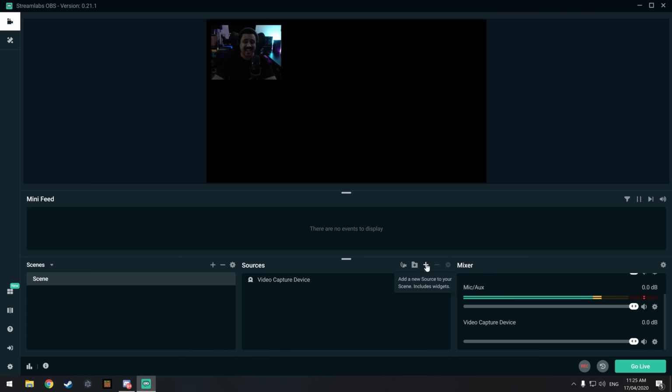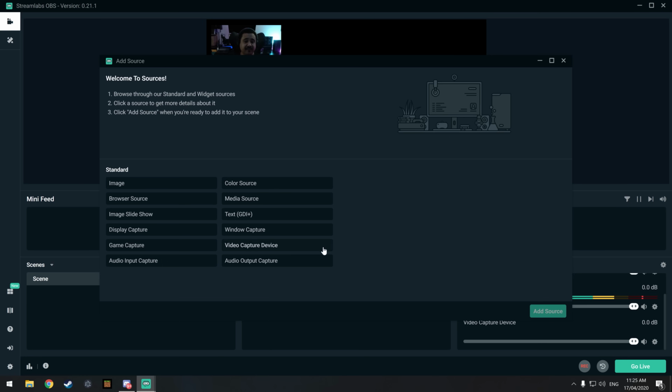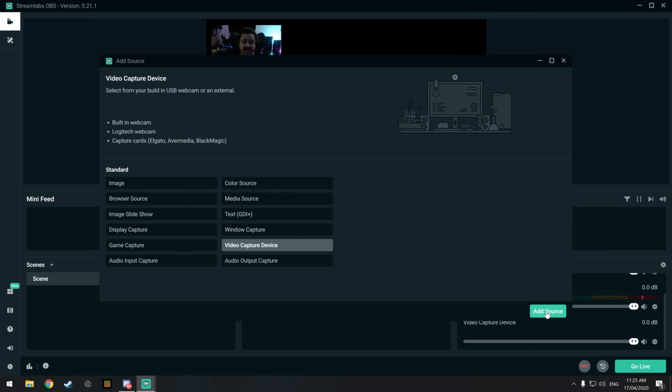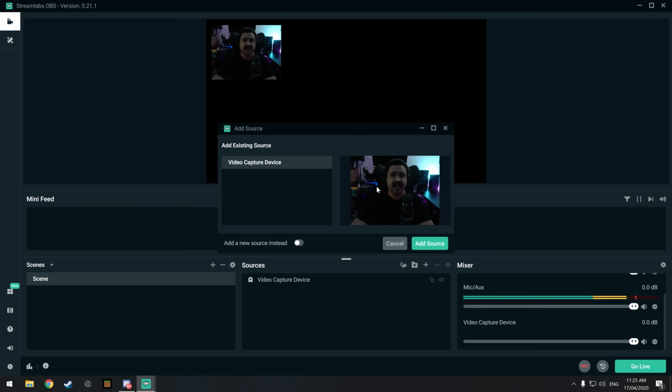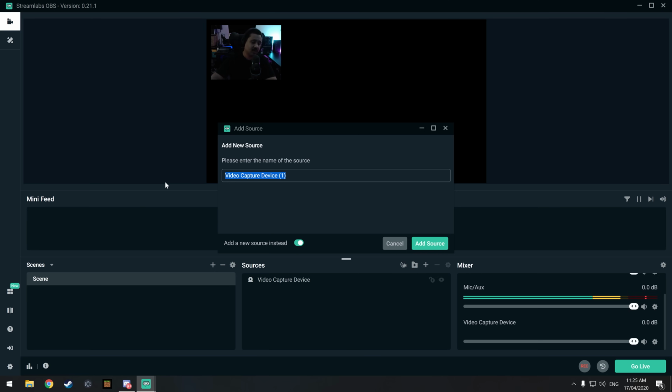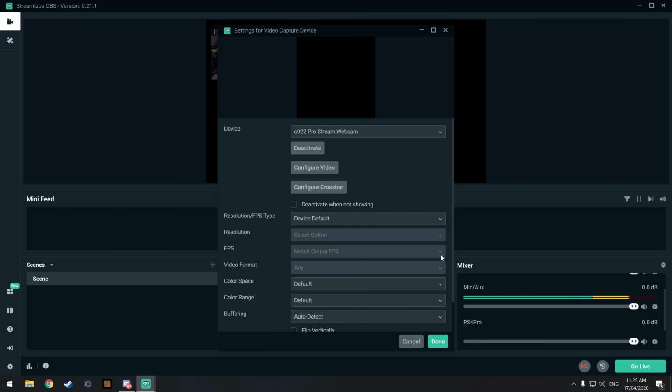What you want to do is add a source, and what we're going to do is add another video capture device. Click add source, and it's actually going to say, hey, look, I've already found one of you here. We actually need to add a new source. So you want to click this little tick box down the bottom, and we're going to call this one PS4 Pro, because that's what we're using here. Click add source, and now it's going to ask you which device you want to go ahead and capture. And because I know my PS4 Pro is connected to my Elgato Game Capture HD, I click that, click done,